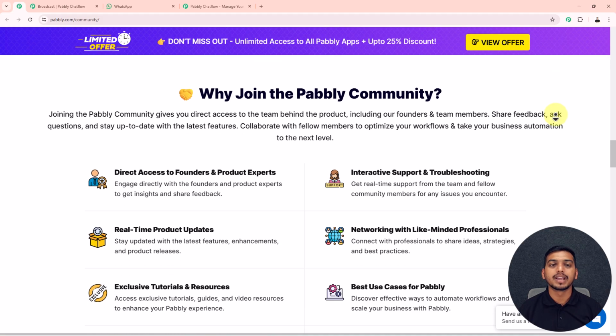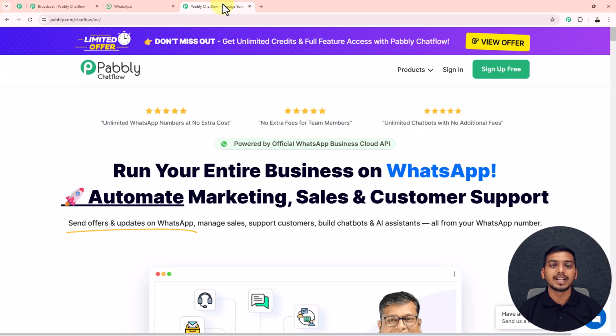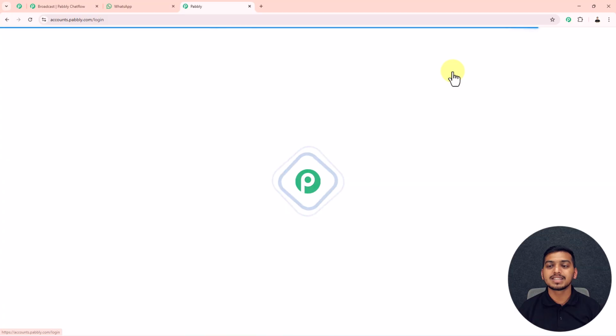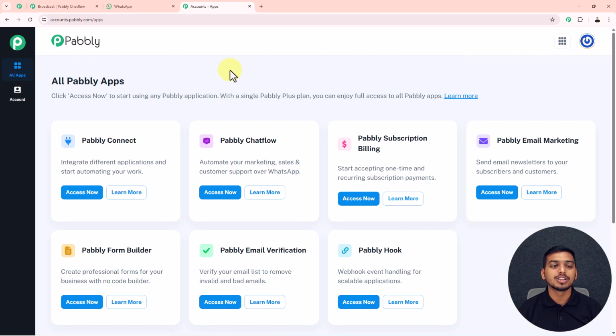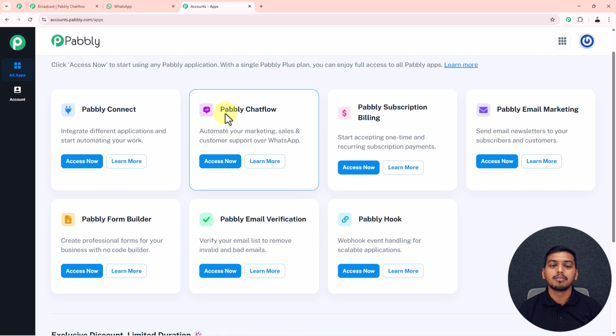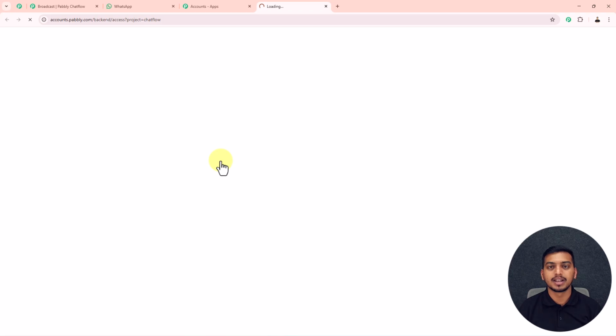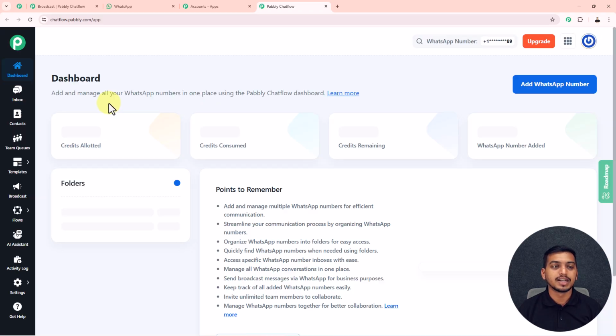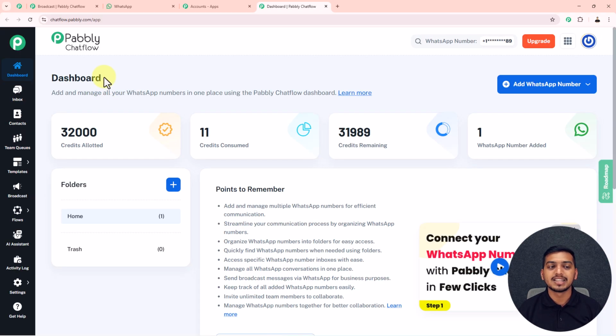Now, being an existing user, I will go back to this landing page of Pabbly Chatflow, and I will click on this sign in button. This will get me directed to this all apps page of Pabbly, where Pabbly has these 7 amazing and powerful applications. But today, as we are going to use Pabbly Chatflow, I will click on this access now button. This will get me directed to the dashboard of Pabbly Chatflow, and inside this dashboard, the first